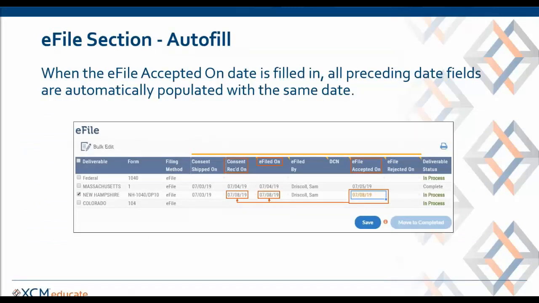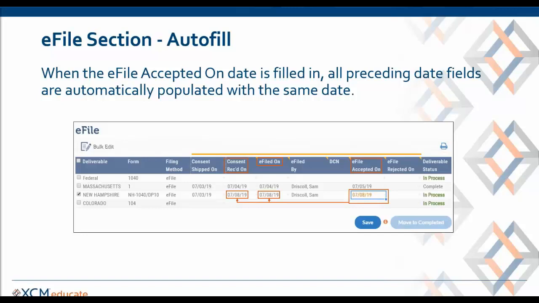Our next quick tip is the e-file section autofill. While best practice is to move through the e-file steps one step at a time, when you get the consent form, put in your date, which moves it to e-file to be transmitted. When you get the e-file, you get transmit and you put the date in, moves it to e-file awaiting government acceptance, which keeps it in nice clean buckets for people to be able to know exactly where a task is